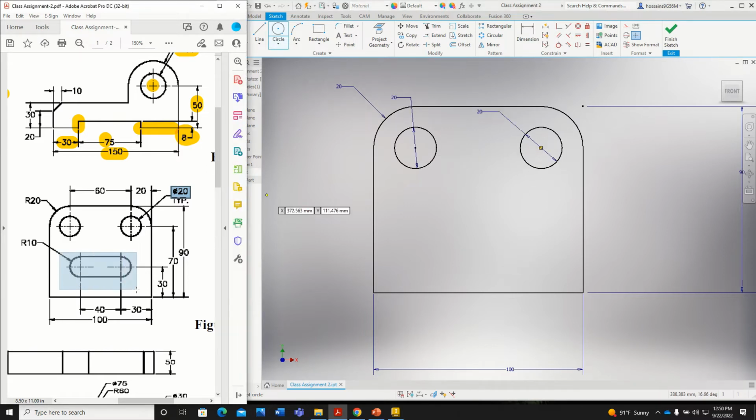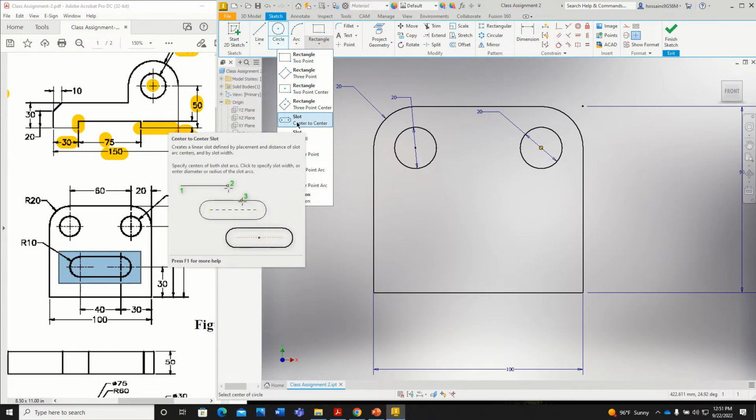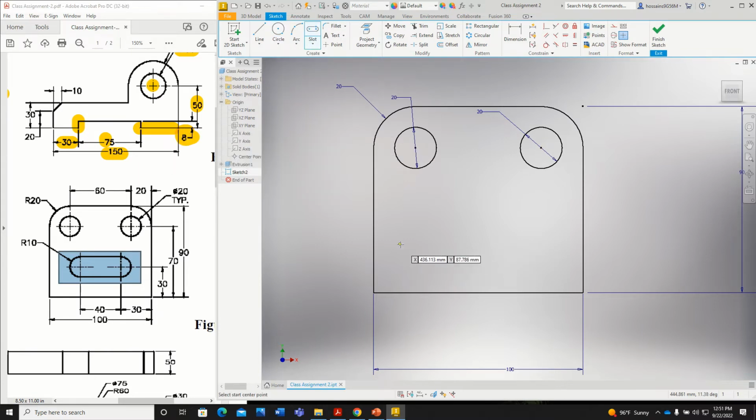Now I'm going to draw this slot here. So use the rectangle, just a down arrow, you'll find the 2-point center point slot. This kind of slot we are going to make here. So I'm just clicking on the down arrow under the rectangle and find the center to center slot, and then click randomly somewhere in here and move your mouse to the right, click another point and move your mouse to the up and click another point. That will create the